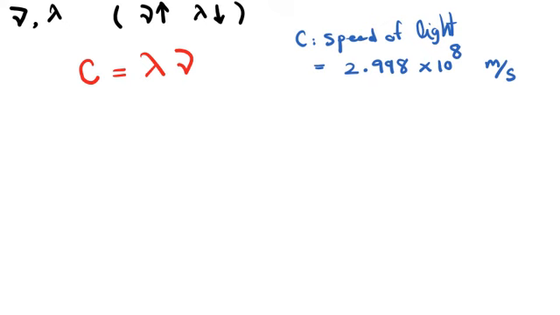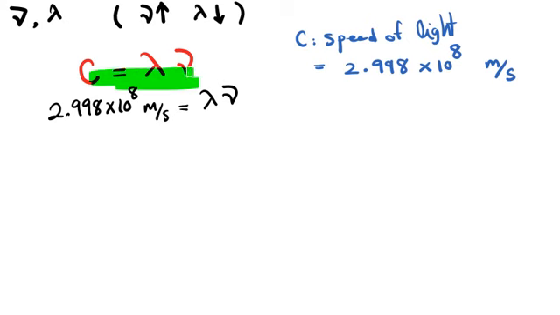Right now, I'm going to plug into the equation. So always, 2.998 times 10 to the positive 8 meter per second is equal to lambda times nu. So this is the equation. You need to know how to work with that one. Always we have two kinds of questions regarding this: you may have either lambda or nu, and you need to calculate the other one.